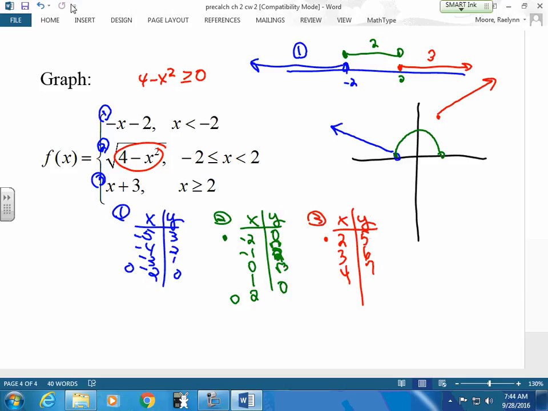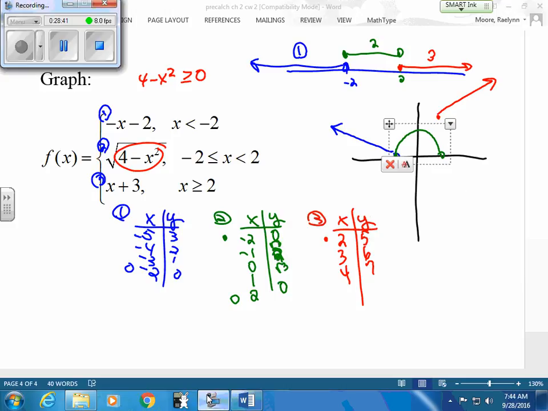But the concept here is if you drop a vertical line test, one's open, one's closed. One's open, one's closed. So I still have a function. Hence we call this a piecewise function. It's just a function all pieced together from different things. And they don't all have to meet. I don't have to have something that meets here and comes out in a different direction. It can go wherever as long as it passes a vertical line test. Okay? And at the same time, try to get